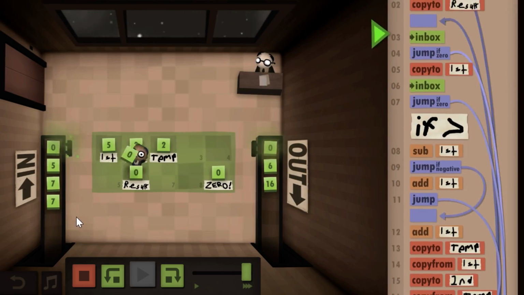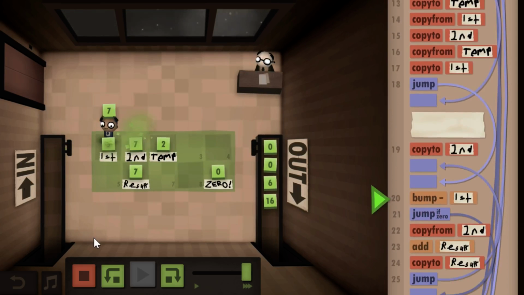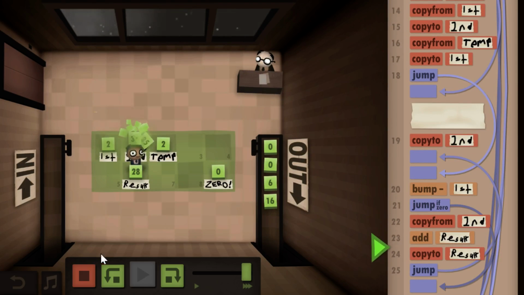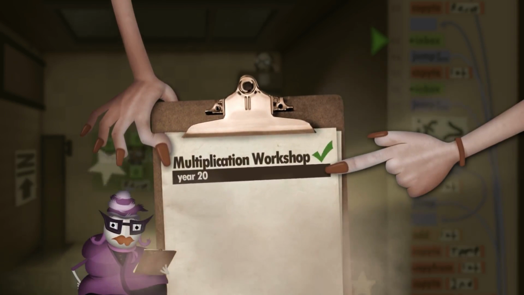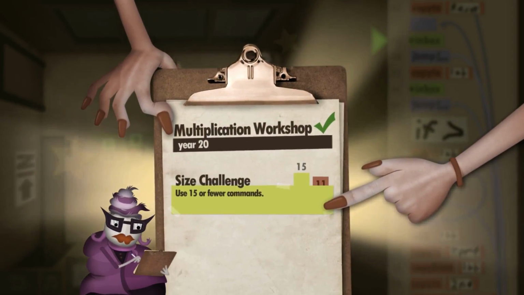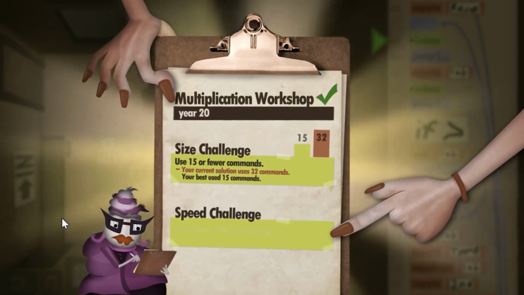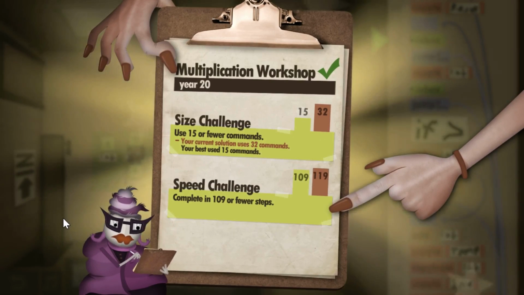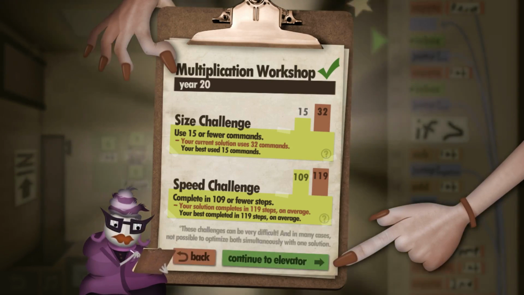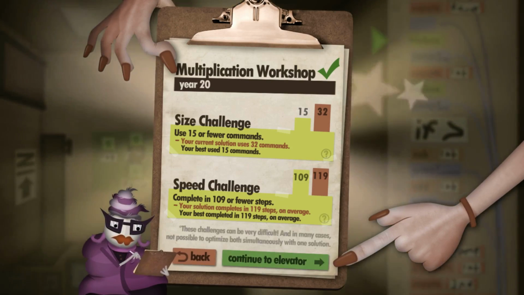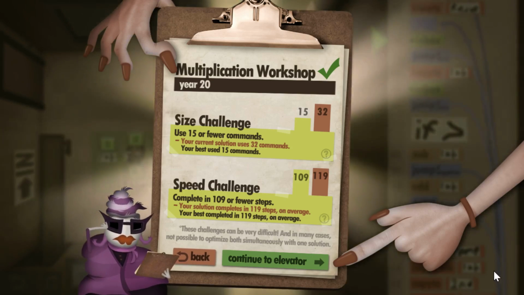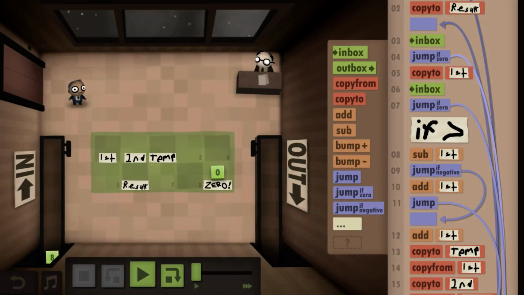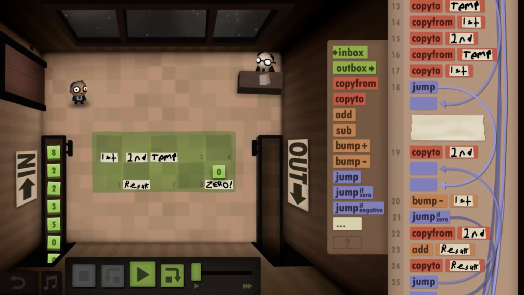So for each input, one extra step is multiplied. That's the real multiplication you should be afraid of: one extra command that's not necessary gets multiplied for every input. If you send a program a million inputs, your program is a million times slower. So now we're down to 119. That probably means that we get 10 inputs and there's simply one step we don't need in this.